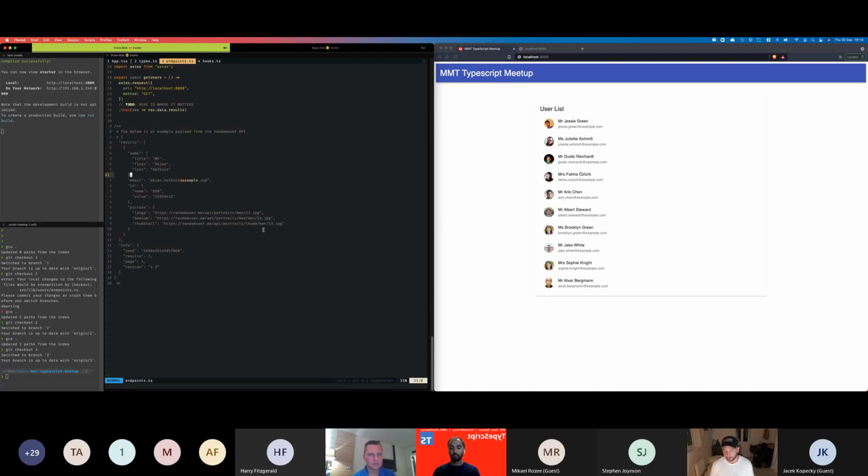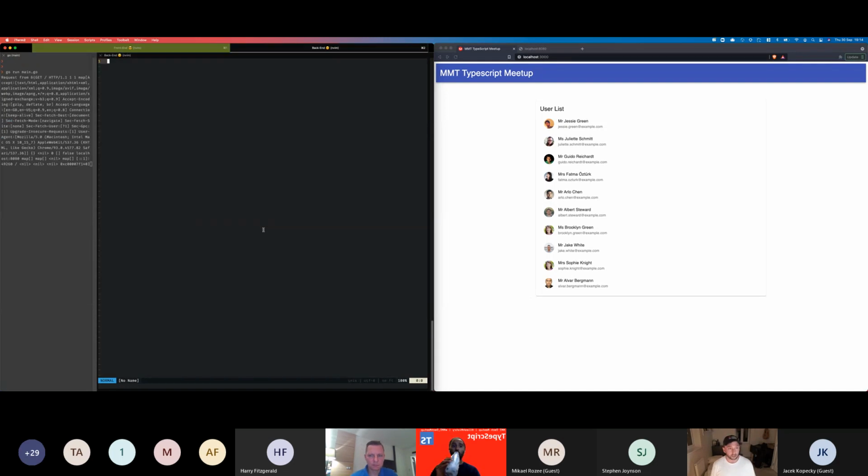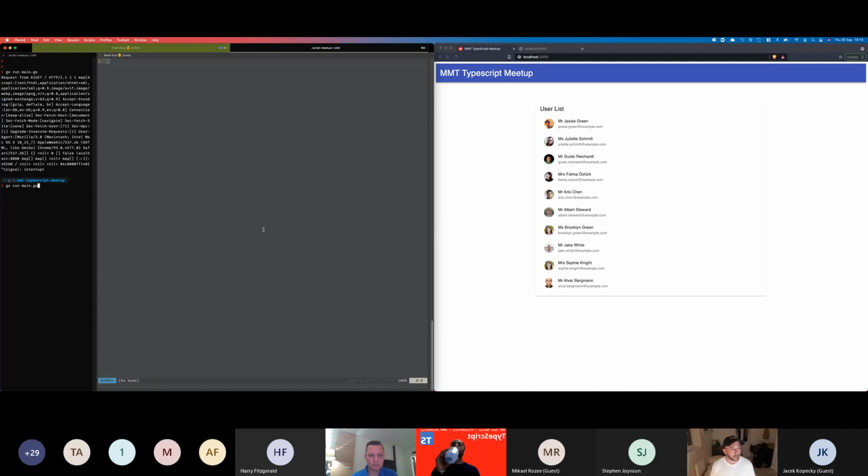But the problem with this example, and this is really where I'm trying to land, is that in no way have I guarded the boundary of my application. I'm effectively relying on the API. Just as an example, I could, I'm hoping this will work as an example. I didn't actually test this earlier.